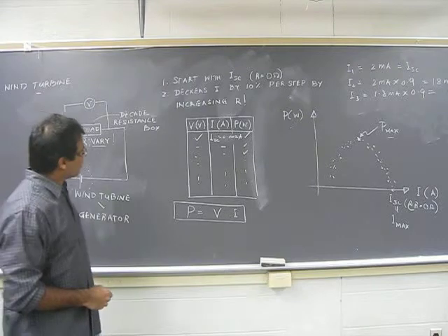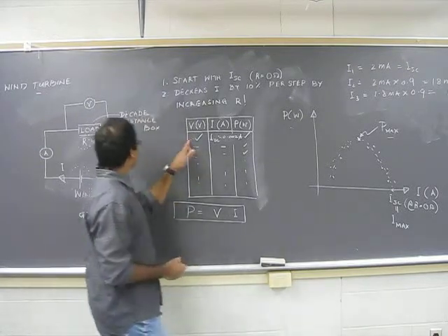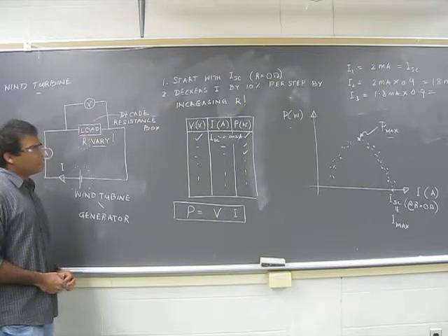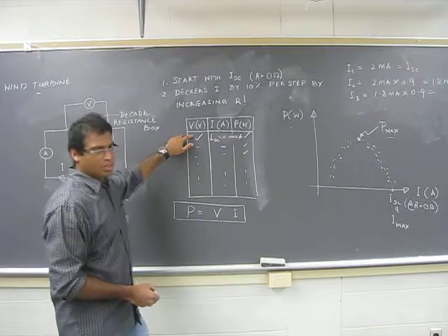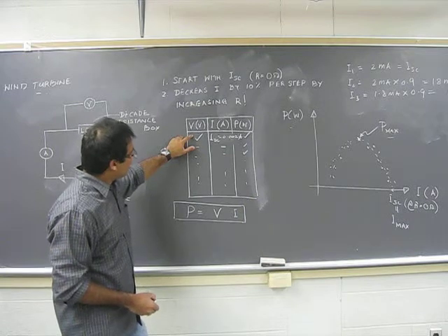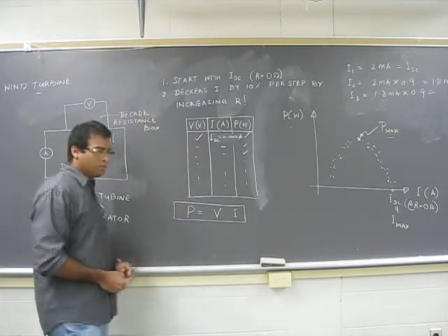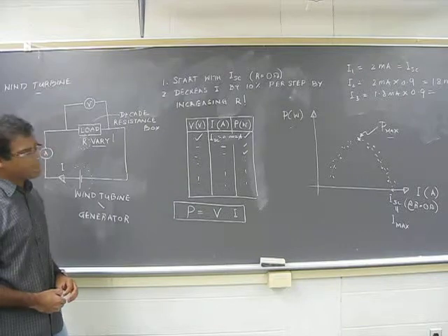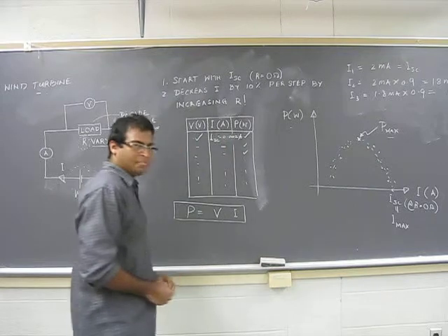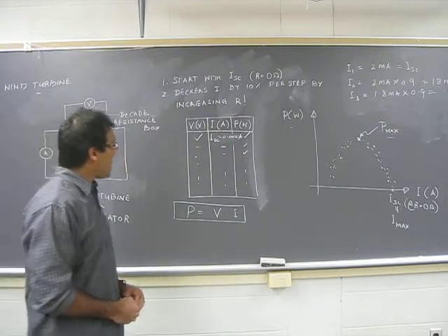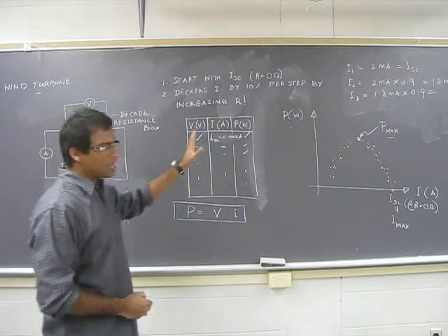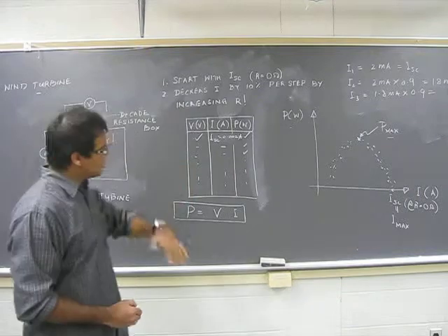Another thing I want to make sure of is that when you measure the voltage for the short circuit, the voltage is going to be very, very small, minuscule. So you will read a millivolt voltage on your voltmeter. Just be careful about that. The rest of the voltages will be decimals, in other words 0.2, 0.3, 0.4, something like that. But the current is always going to be in milliamperes. Convert it to amperes by dividing the number you read on the ammeter by 1000.